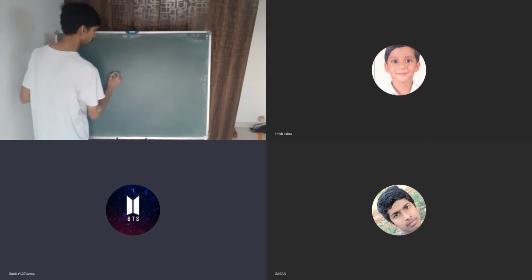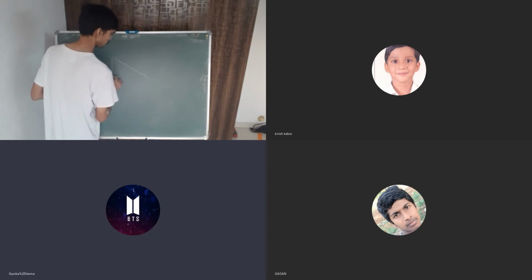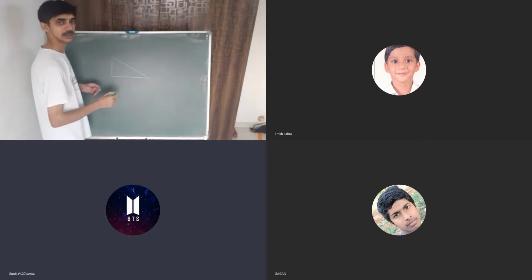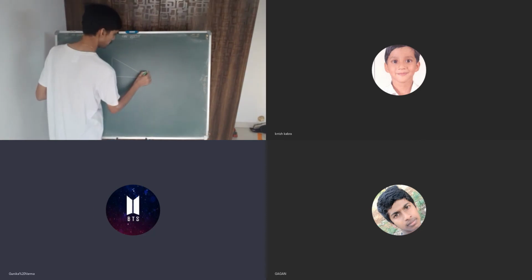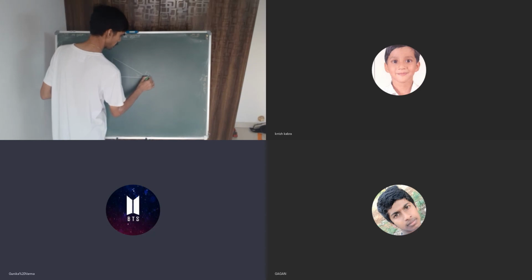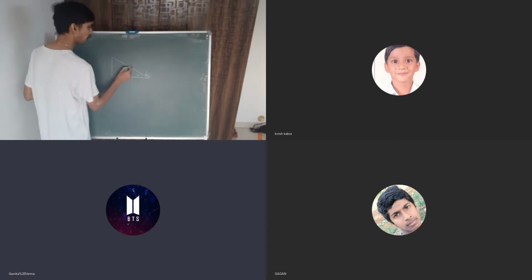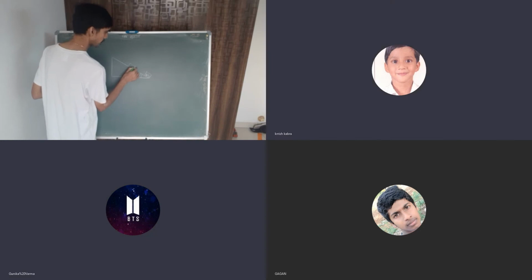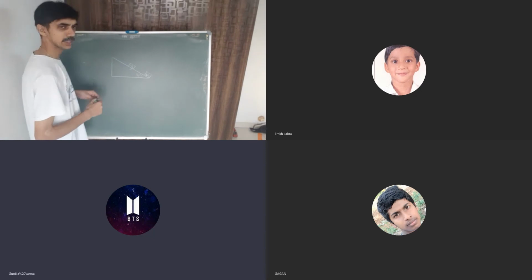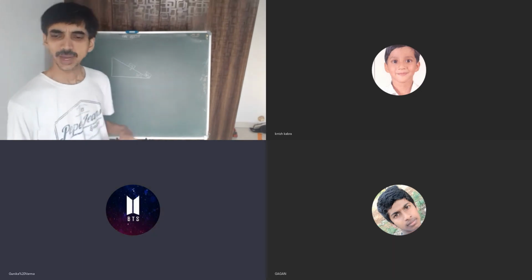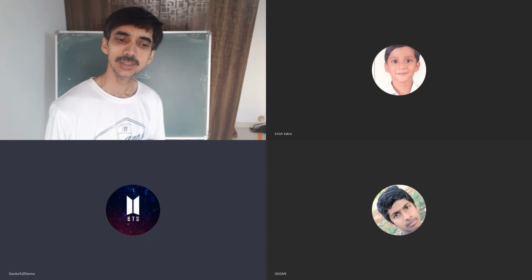A 2 kg body is climbing up an inclined plane of inclination 30 degrees. Find the work done by the force of gravity in moving the body through 1 meter. Okay. Now this is 2 kg as you have said, and this is 30 degrees. And you have to move 1 meter, right? Yes, sir. 2 kg over here. And 1 meter is given along the slope or by a height of 1 meter? What is it?